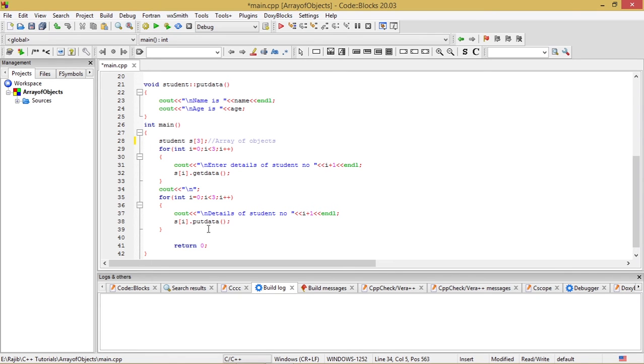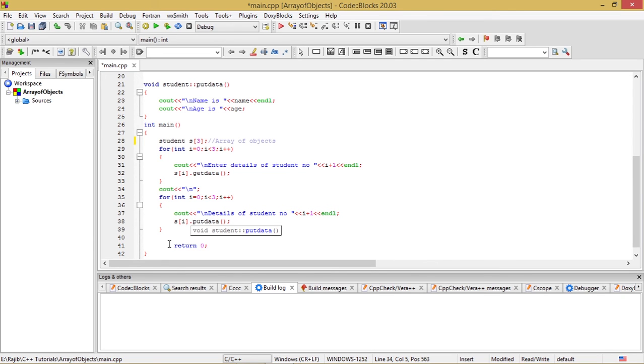In this way, we will be able to display the name and age of the 3 students entered by the end user with the help of the getData function, and this display will be handled by the putData function, which has been defined above the main block, that is name, endl, then age is age.